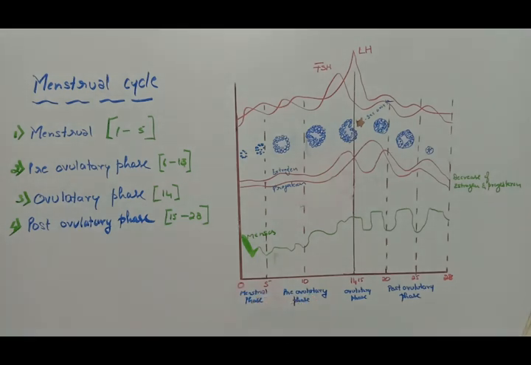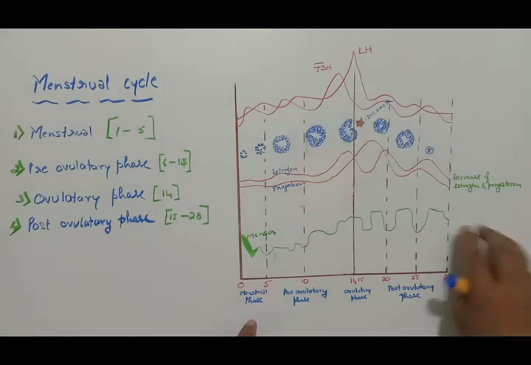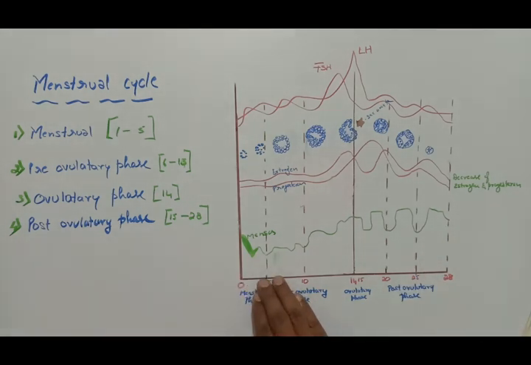So in the form of menstruation, that phase is called what? Menstrual phase. One more time. The first phase is called the menstrual phase. It starts from the 1st to the 5th day. Due to the low secretion of estrogen and progesterone, the endometrium is shed, and that is nothing but what? Menstruation, or you can say menses.